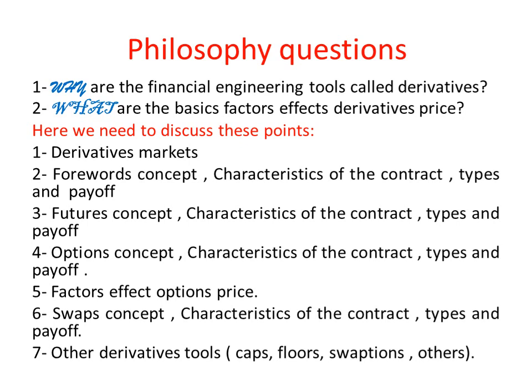Why are the financial engineering tools called derivatives؟ لماذا تسمى أدوات الهندسة المالية بالمشتقات؟ And what are the basic factors that affect derivatives price؟ ما هي العوامل الأساسية التي تؤثر في أسعار المشتقات؟ هل هناك فرق بين سعر عقد الهندسة المالية، مثل العقد المستقبلي أو عقد الآجل أو عقد الخيار أو عقد المبادلة أو غيرها من العقود، وبين سعر الموجود الضمني لها؟